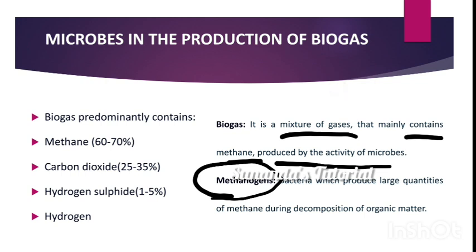So biogas is an important alternative source of energy. Generally we use non-renewable sources of energy, which are fossil fuels like coal, petrol, petroleum and diesel. But we can use biogas. Generally in India, biogas is commonly known as gobar gas and is mainly used in rural areas, because the cattle population is maximum in our rural areas. So biogas is easily produced from their excreta, from their cow dung or gobar.